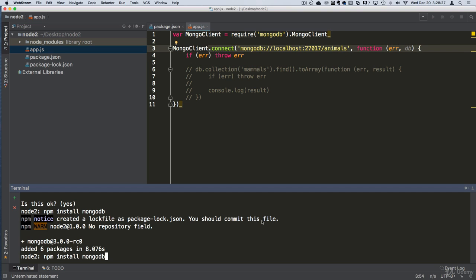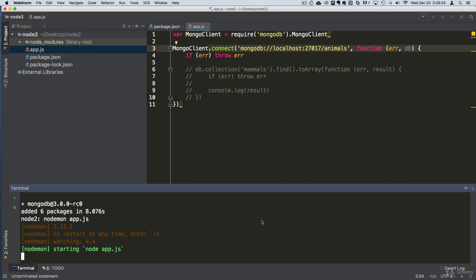But if we run this with nodemon app.js and press enter, you can see that something is happening here. It looks like it's connected. And you might be wondering, why in the world is this connected? To what database? We have not created a database. Well,